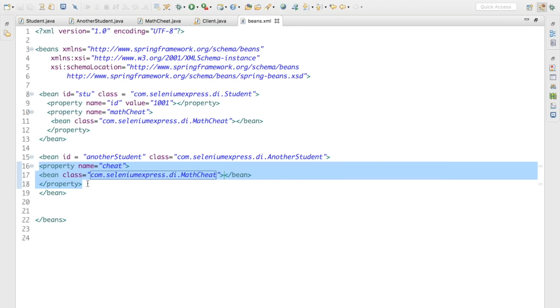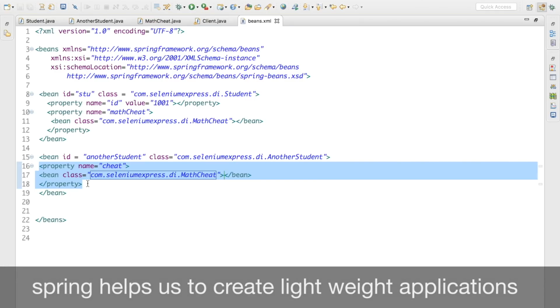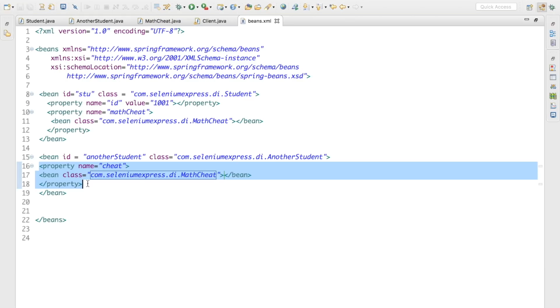The main intention for using Spring is to make our application lightweight. Lightweight means we shouldn't be creating unnecessary objects. With fewer objects, the application performance will be good because it consumes less memory. So we should be making use of Spring. Spring helps us create a lightweight application, and lightweight means we shouldn't be creating objects again and again,